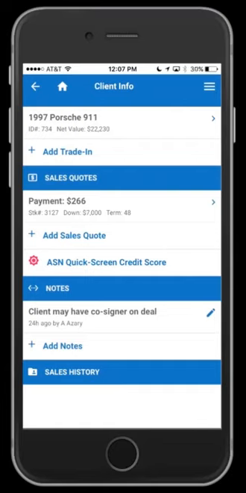At the bottom of the client information screen, you have the option to add and view notes related to the customer, as well as view any sales history for the client that may be recorded in your system, as well as